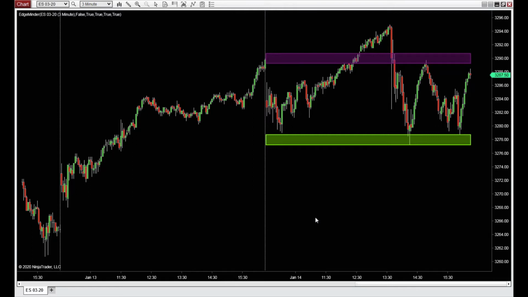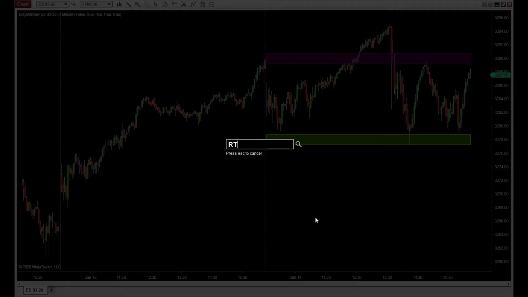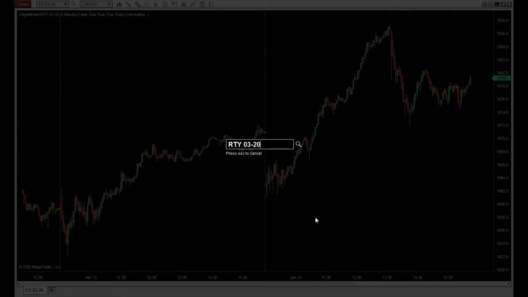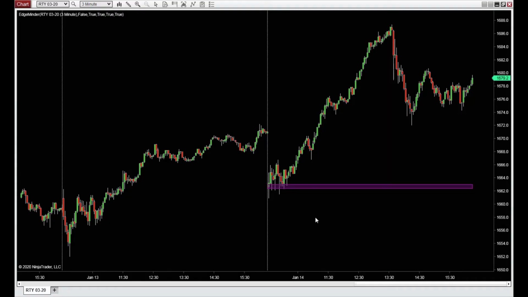It doesn't always impact the market and work perfectly. We'll move over to the same programmed information, the same algorithm for RTY March futures. We can see it displayed only resistance for this day, and we can see the market briefly tested, moved above, and then took off. And so it gives us not only a chance to anticipate a trade